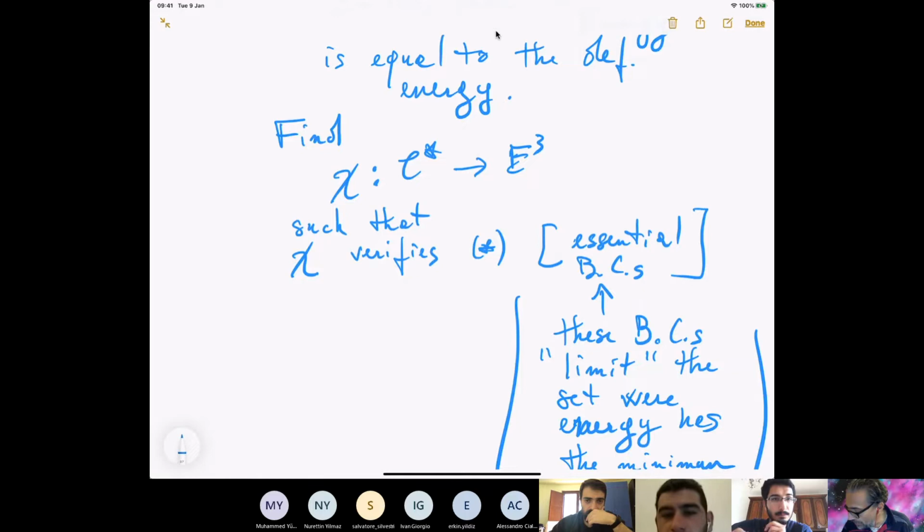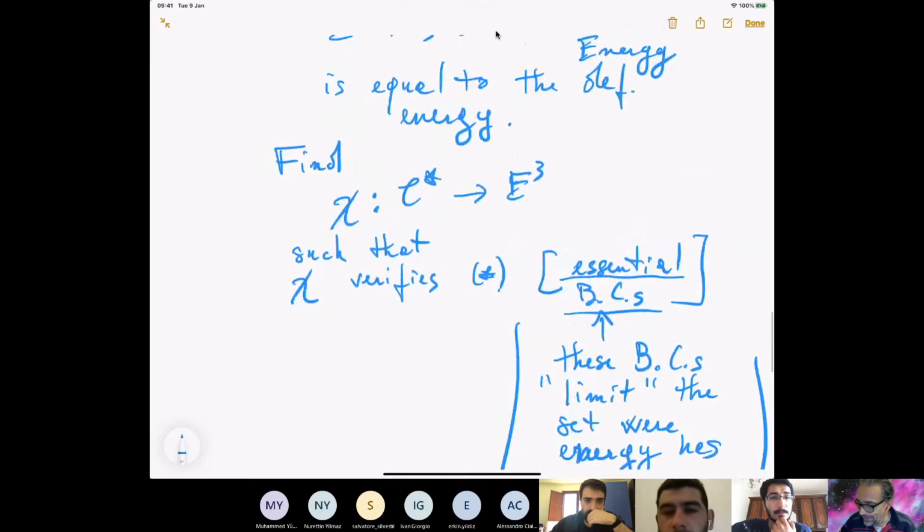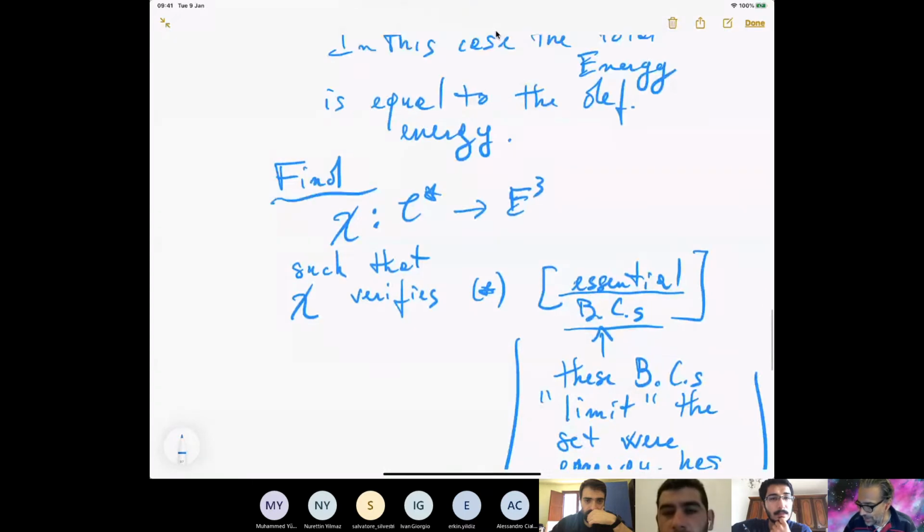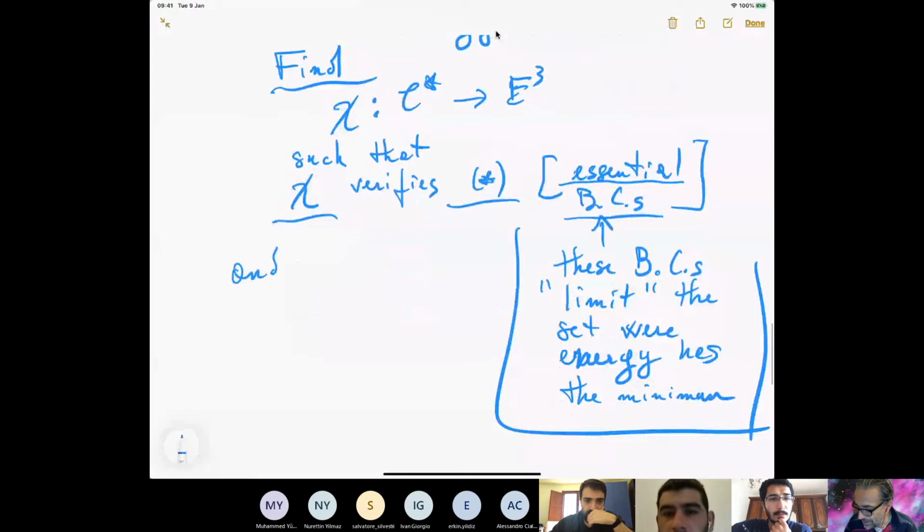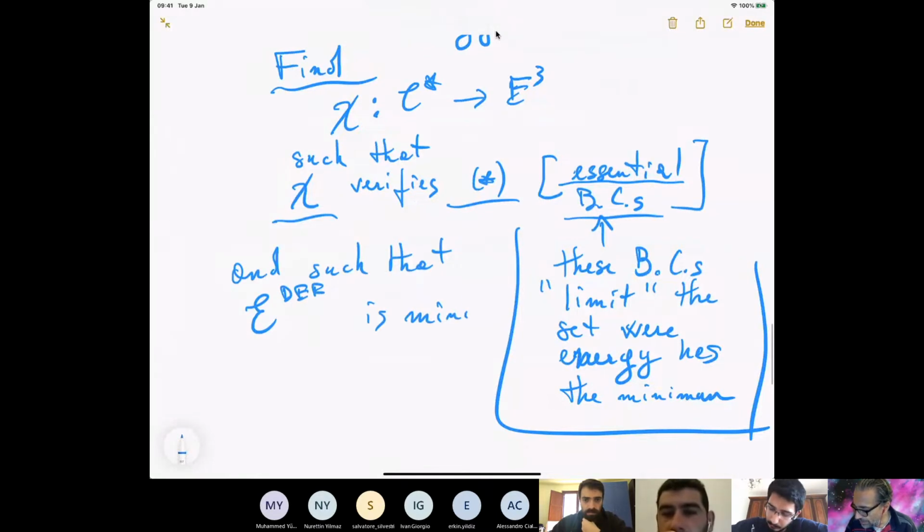And this is the reason for which they are called essential boundary conditions. So find chi such that chi verifies this and such that EDEF is minimum